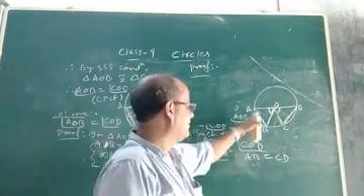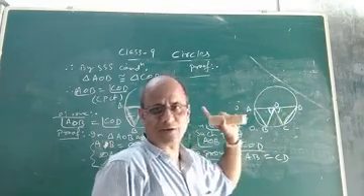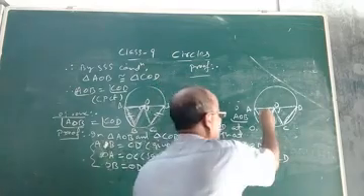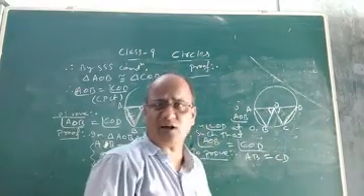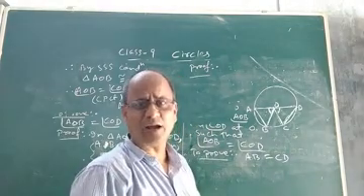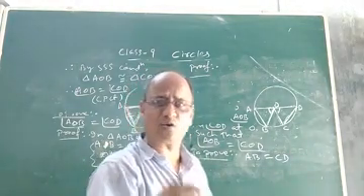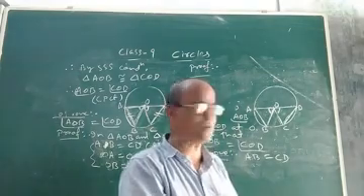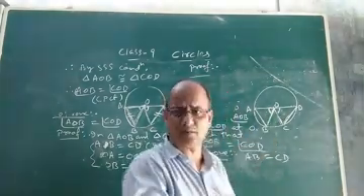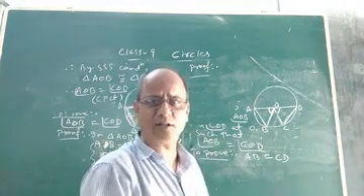That means by SAS the two triangles are congruent, and if by SAS condition the two triangles are congruent, then automatically AB and CD will be equal, because they are the corresponding sides of the congruent triangles. And we know that if two triangles are congruent, their corresponding parts will be equal. So AB and CD are corresponding parts of these two triangles, so they will be automatically equal. Okay, so that will be the proof.